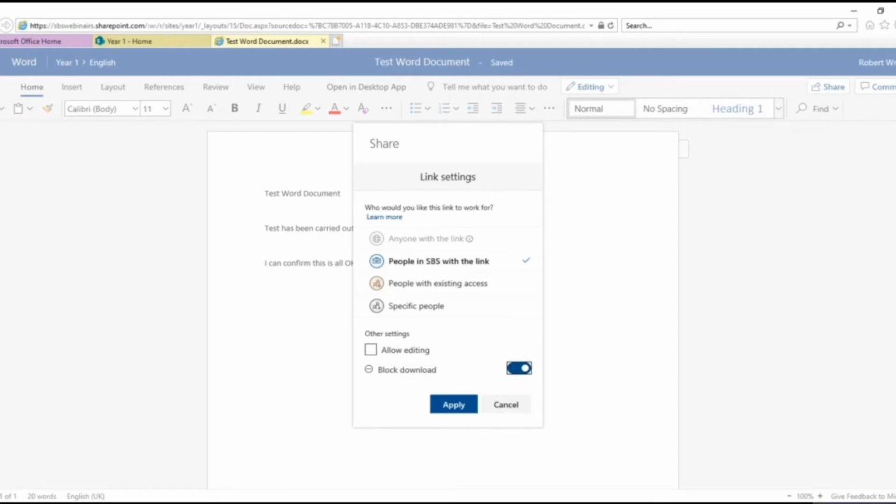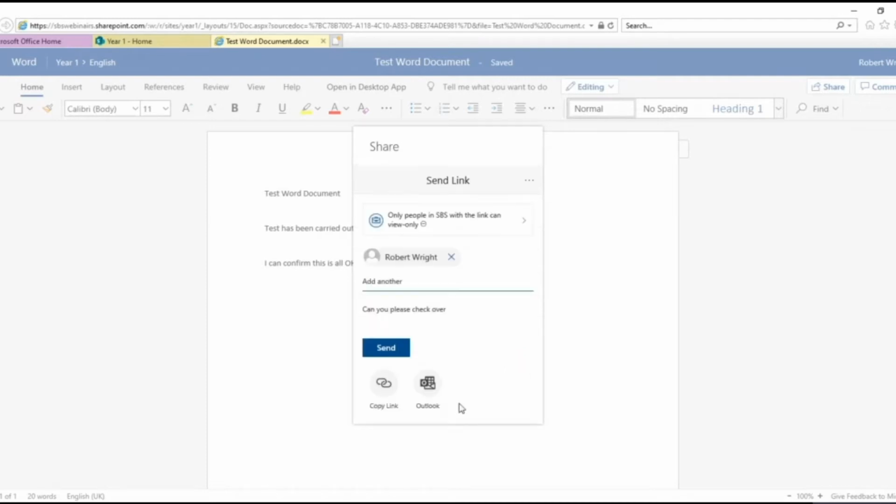From here, you can also send to external users. To do this, if the user you want to send to isn't part of your school, you can select specific people, and then you would apply that and then type the email address of the user that you wanted to send this file to. But for the purpose of this demo, we're just going to stick with the ones that are within this school. So we click apply to that,